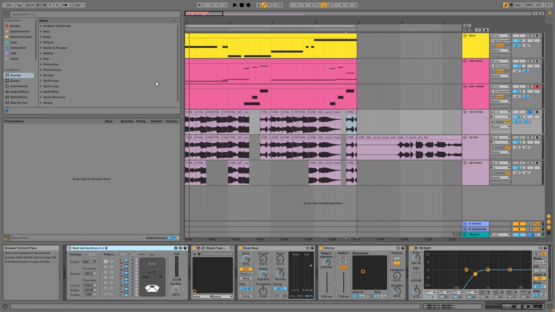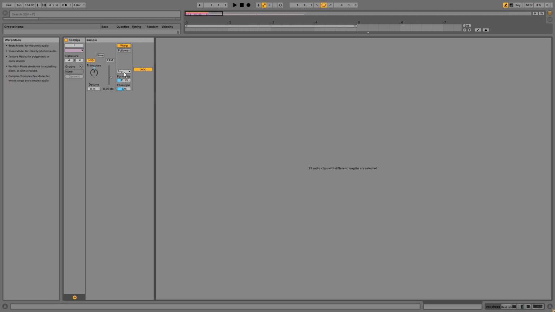I've been using the Complex and Complex Pro algorithms throughout this video, and I prefer the more chipmunk aesthetic. But if you want something more natural sounding, you can shift the formants. I'll just play with and without the auto-tune in context so you can hear how it keeps the chops in key.